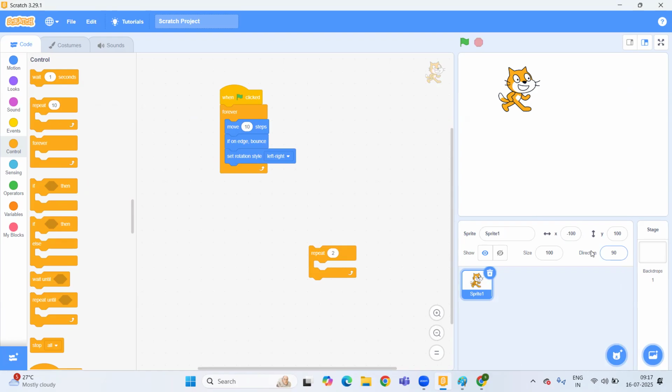And if x is negative and y is also negative, it will be here. And if x is positive but y is negative, then your cat sprite comes here, right? So this is the concept of the x-axis and y-axis in the Scratch window.